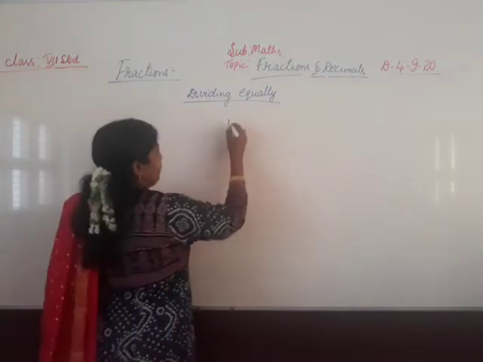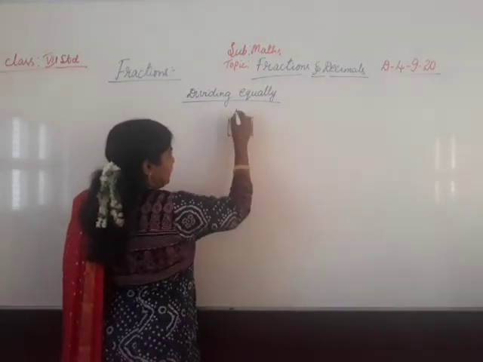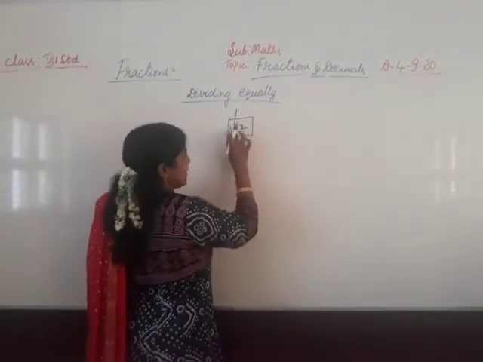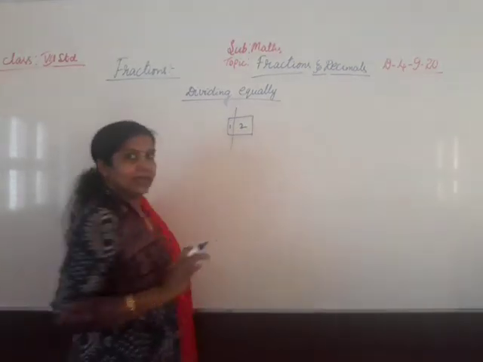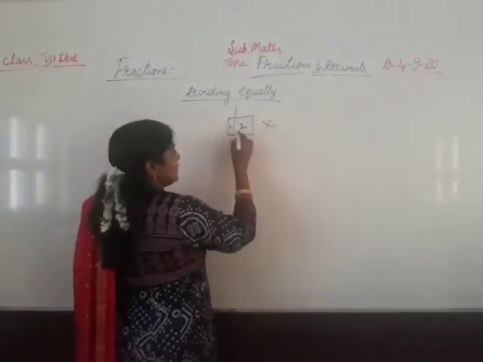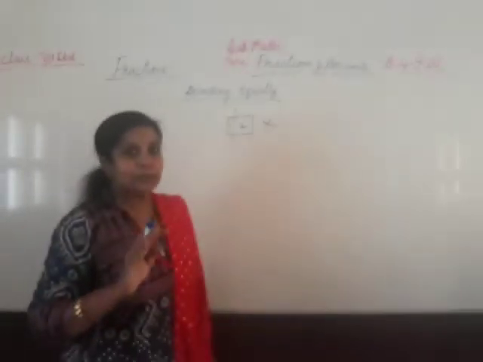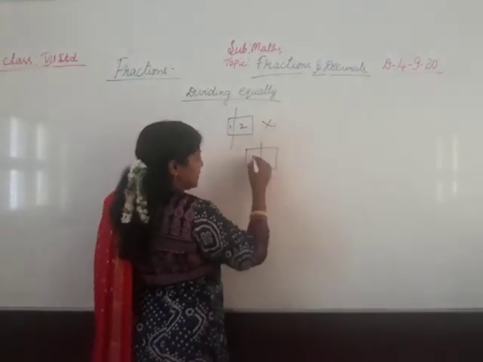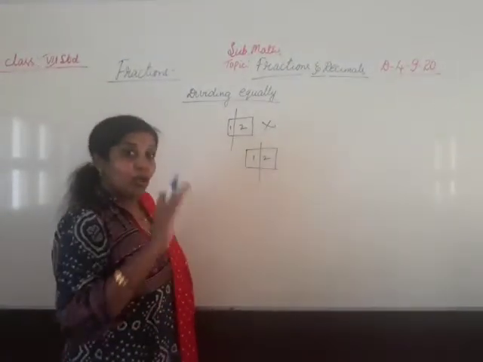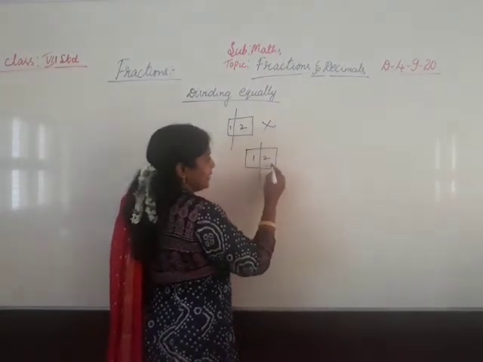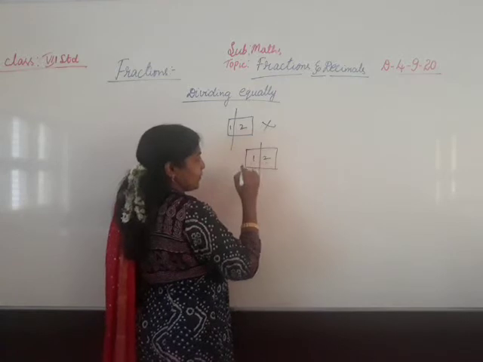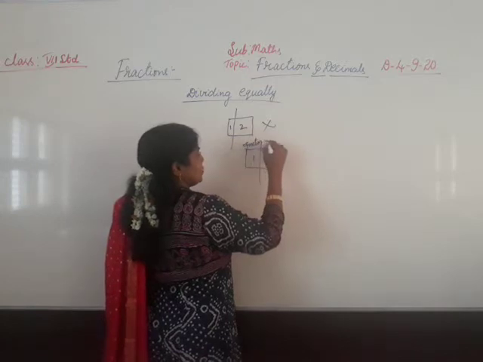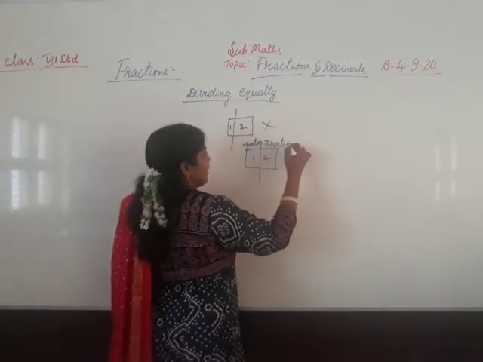So if I have one chocolate and I divide it like this into two parts, first part, second part, is it equally divided? No. So we cannot consider this and this as fraction parts. Fraction is nothing but dividing equally. If I cut that same chocolate into two equal parts, how many parts are there? Two parts. Now we can say it is divided equally and this is one fraction. Each part is called a fraction, whatever it may be.